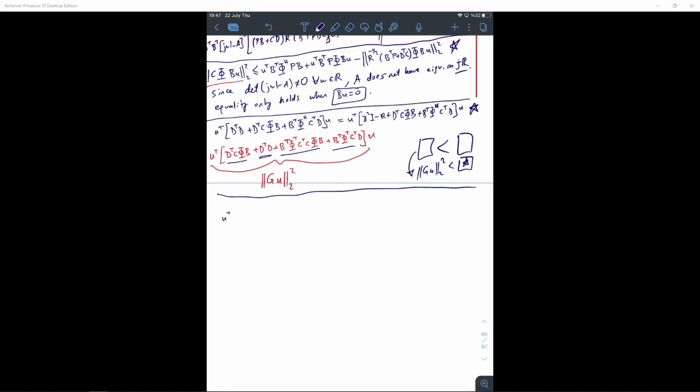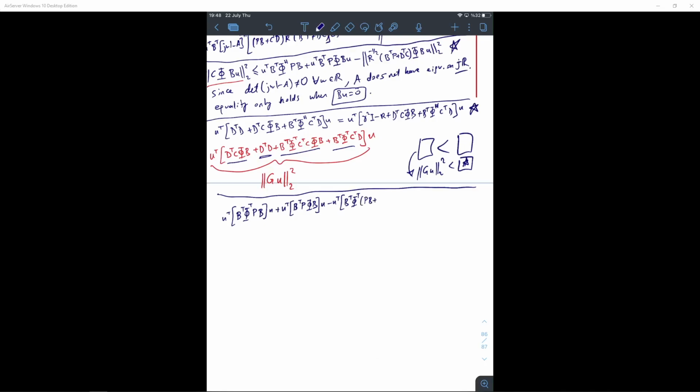U transpose phi transpose P B U plus U transpose times B transpose P phi B U, minus U transpose, it's going to be long, B transpose phi transpose P B